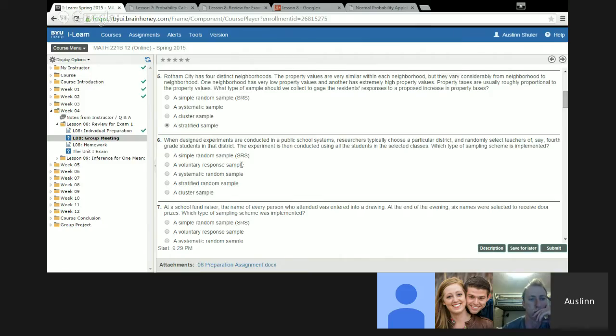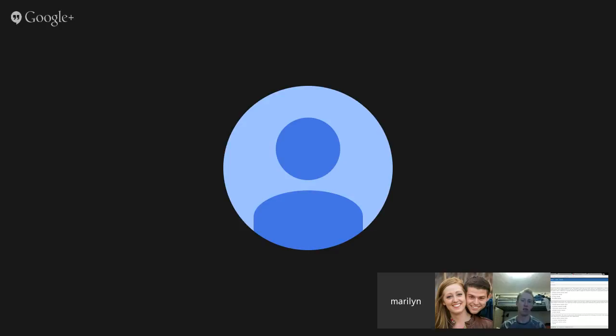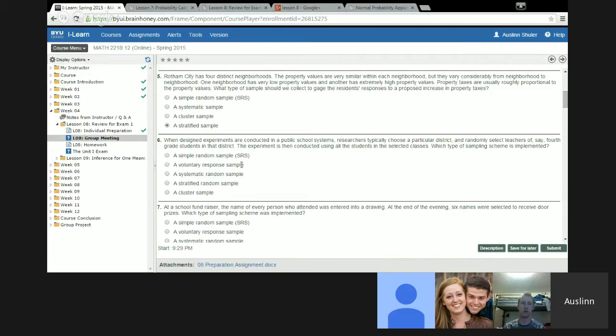I think they choose a particular district, but with systematic you have to start and then use every Kth item. So I thought you start with a random one and then you go every Kth. Yeah, but this one is starting with a random one, but then it's not using every Kth. It's using all the students. Oh, okay.